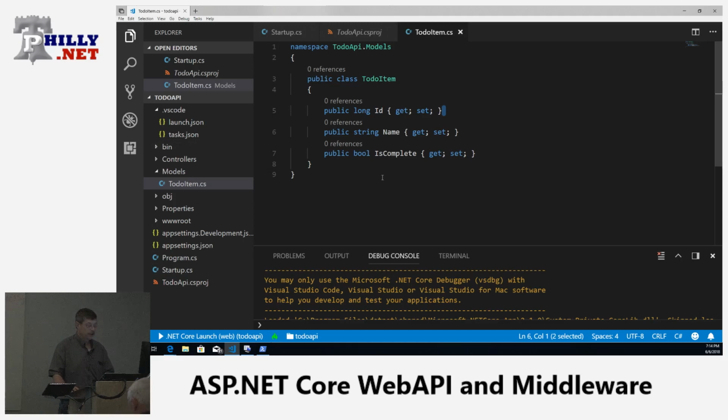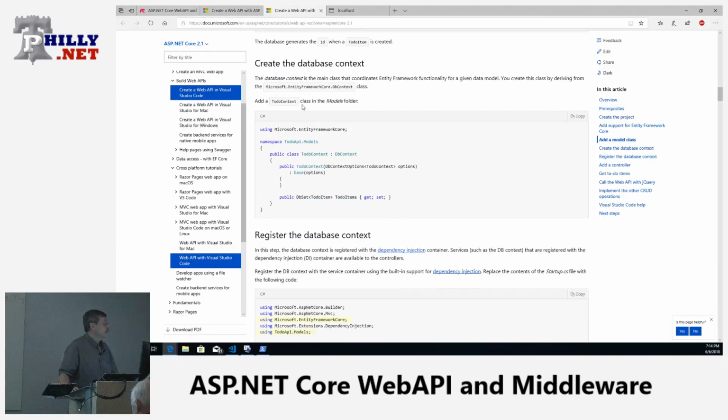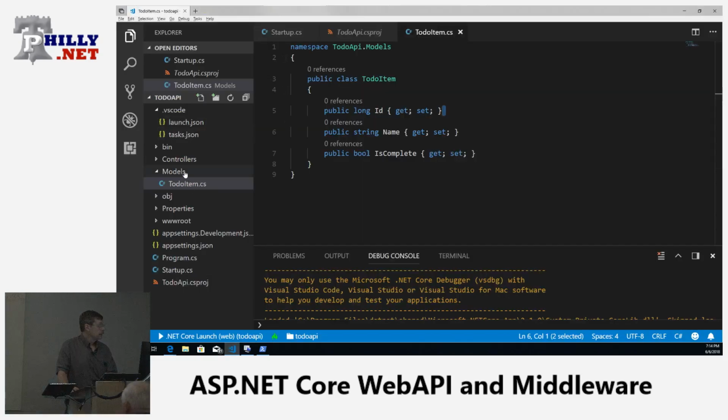All right, so now what we want to do is we want to add our context to the models folder. Okay, so in the documentation, we want to create our DB context. So it's going to be called to-do context. So another file, and again, make sure you put the .cs on the end of this. Inside of our models folder, we want to create this file. So again, highlight the models folder, new file, and it's